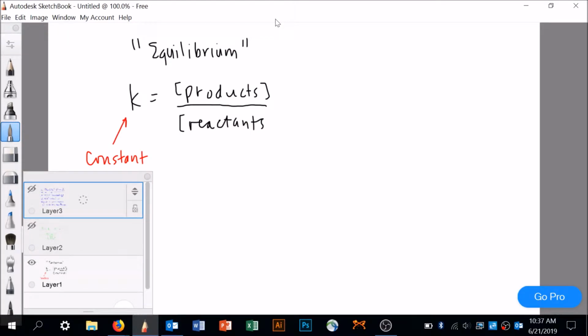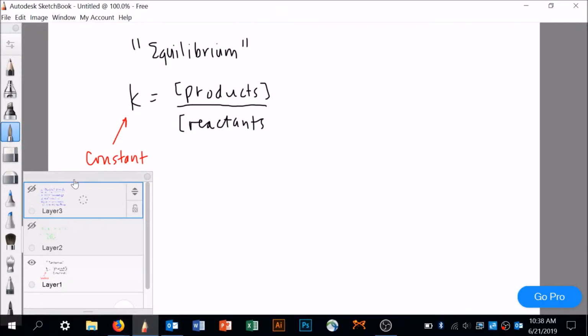All right? Now, we've dealt with equilibrium for a couple weeks, but I think it's important to stop and think about what it means, okay? So equilibrium means that the concentration of the products relative to the reactants is constant. In other words, if a system's at equilibrium, the concentration of the products is not changing. Or if a system is at equilibrium, the concentration of the reactants is not changing, okay?